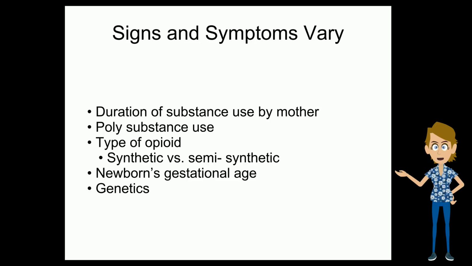The type of opioid also makes a difference in terms of placental transmission. Synthetic opioids cross the placenta at higher rates than semi-synthetic opioids. If the mother is combining the ingestion of several drugs concurrently throughout her pregnancy, the permeability of the placenta is further increased, placing the infant at higher risk for NAS. The older the gestational age of the infant, the greater the amount of opioids that can transmit across the placenta.